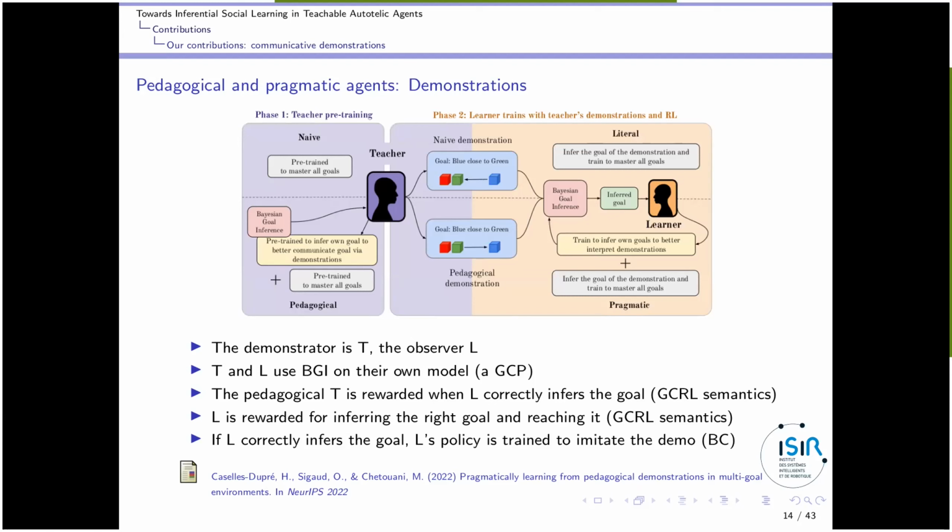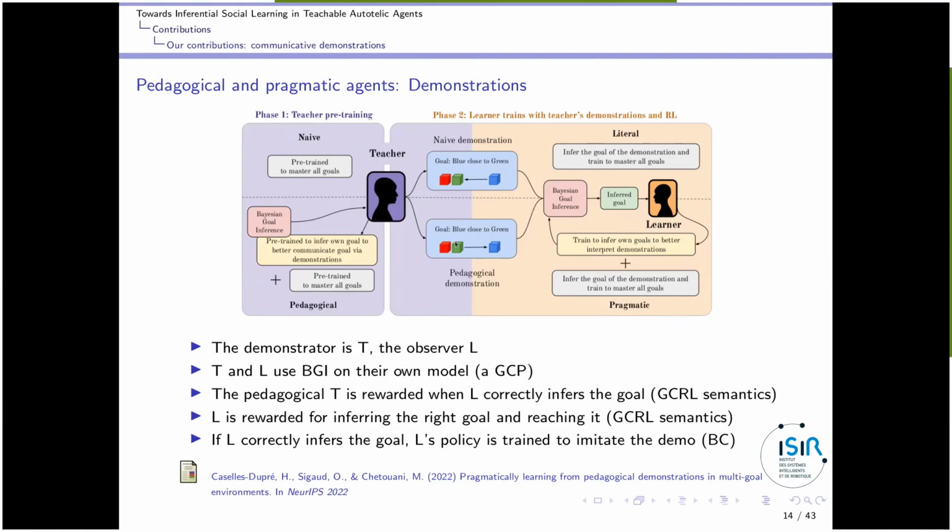and they can achieve different configurations of blocks. Some can be close to each other, some can be on top of each other. Okay, we have three blocks, so we have a set of, I don't remember how many configurations. Anyways, for instance, if your goal is to have the blue block close to the green, and you are doing the demonstration by taking this blue block and putting it here, the learner cannot determine if your goal was to put the blue block close to the green or close to the red.